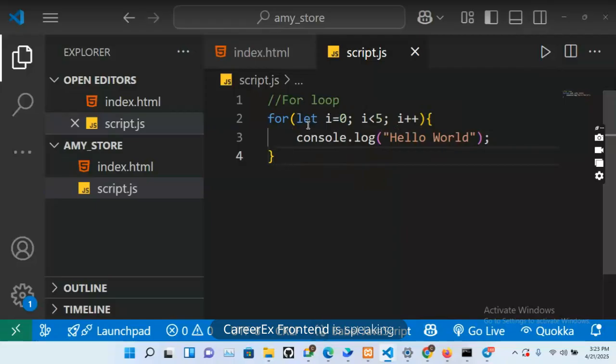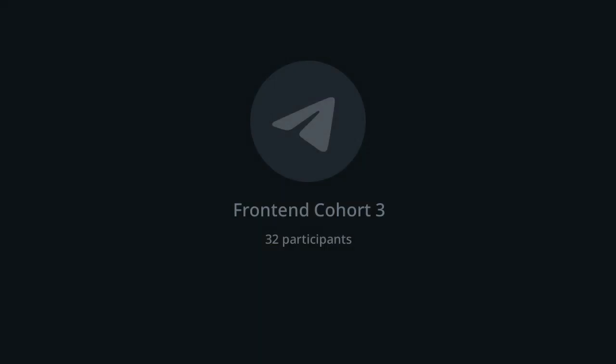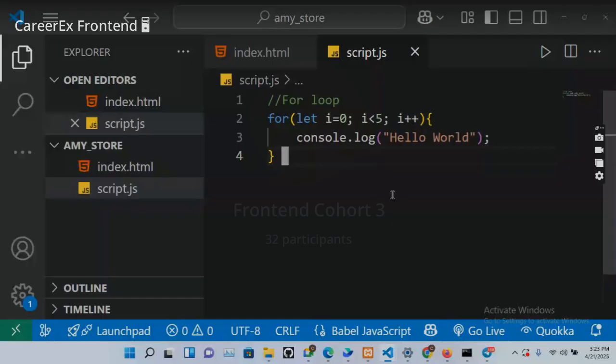Now we have let i equals 0, semicolon, i less than 5, then i plus plus. What did I teach you guys about the increment